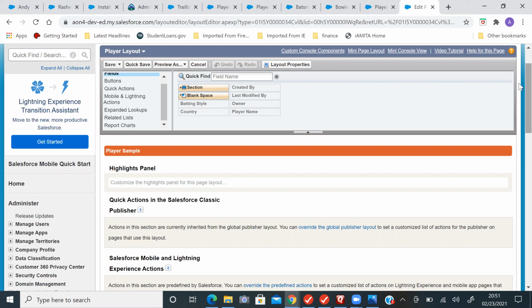As a system admin, we can make a difference by using page layouts, creating the sections.